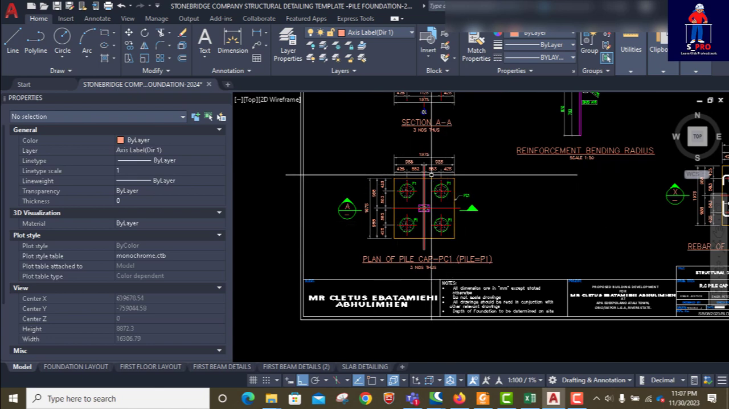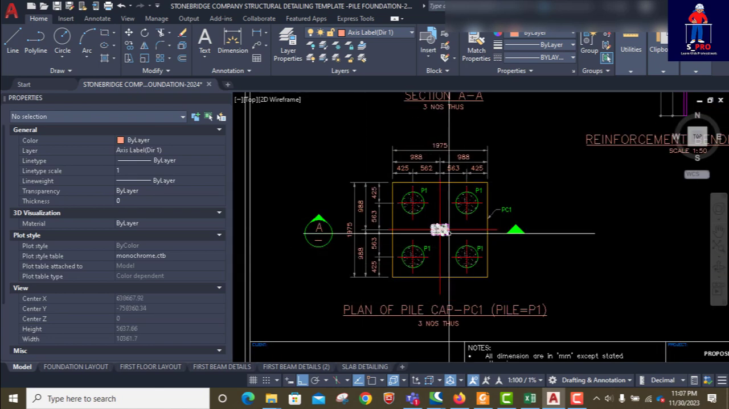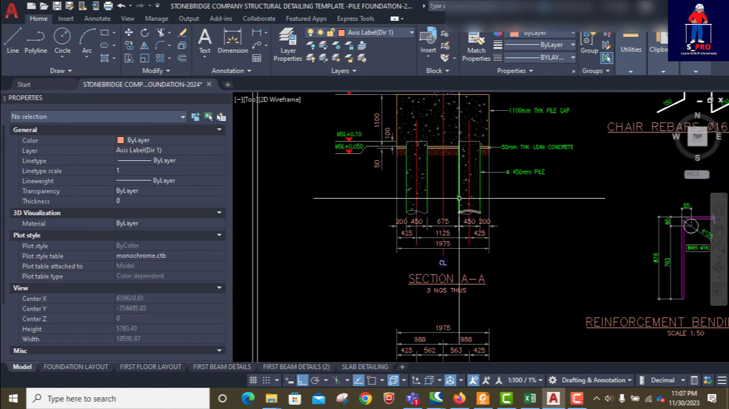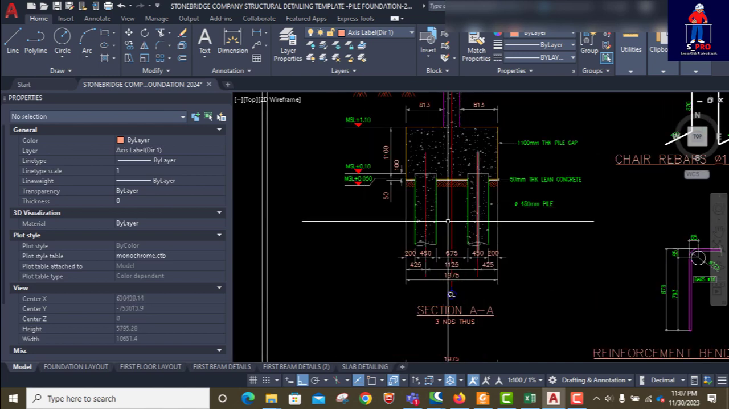This is the plan of the first type of the pile cap. This is the column position, and you have the piles there. So this is the plan of the pile cap. You get 3 in number. So this is a section of it. You see the pile itself,